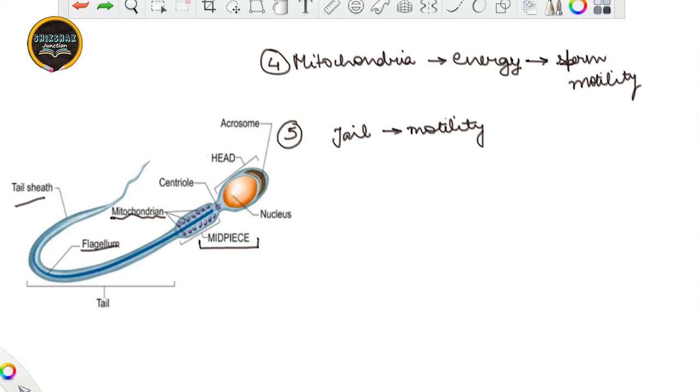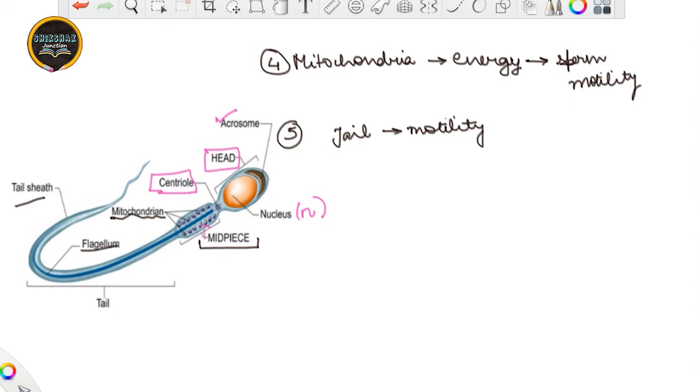So the very first part of this sperm is this head portion. The cap of the head portion is this acrosome. It is formed from the Golgi body and it contains enzymes that help in the penetration of the ovum. This head contains the nucleus, that is the haploid part. Next is the neck portion which contains the centriole. And why the centrioles are important, you know very well. The function of the centriole I might not tell you at this particular point.